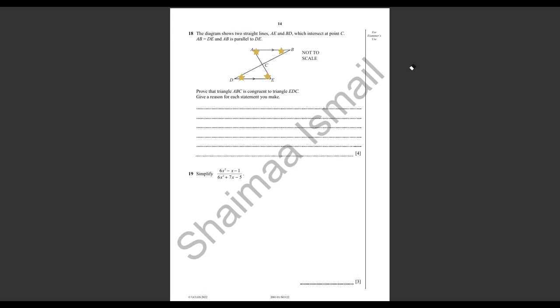Both are right. So let's write them. We have to write it clearly. You need to see writing, not math writing. So we can say here, angle CAB equal to angle